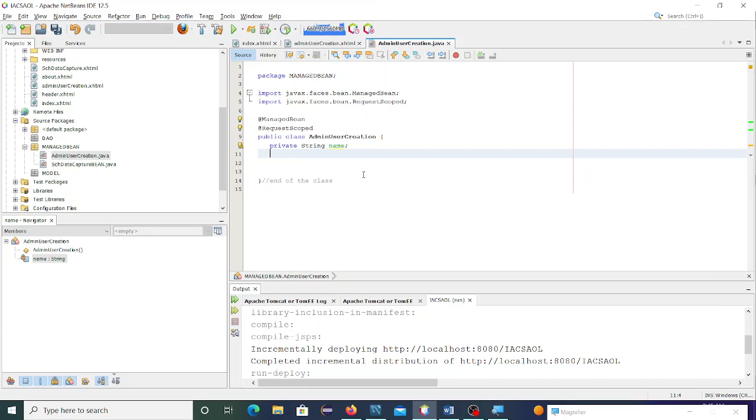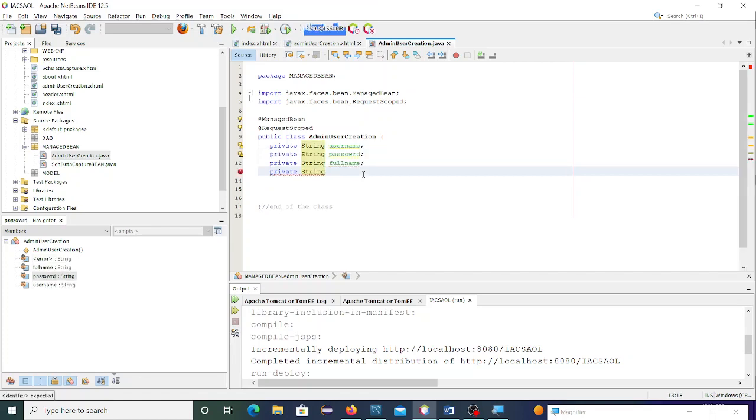Sorry, not name, username. Password. This should be password. Next is what? Full name. Full name, thank you. Next, email. Next, phone number. No, it's private. Phone number. And I think that's all, right? So,